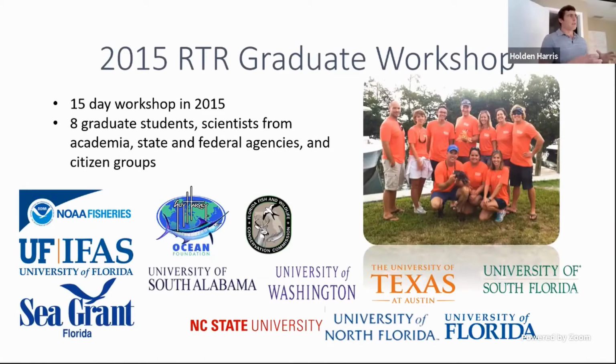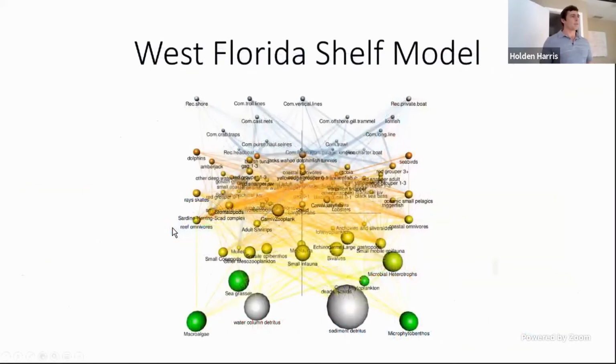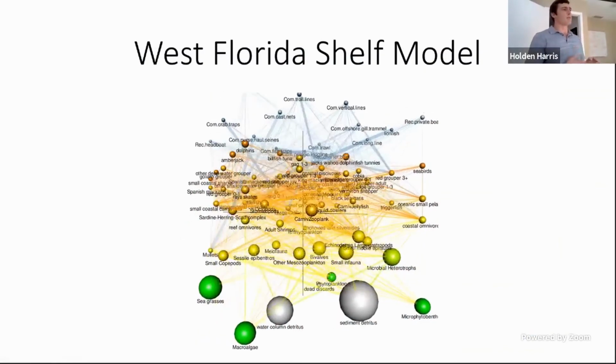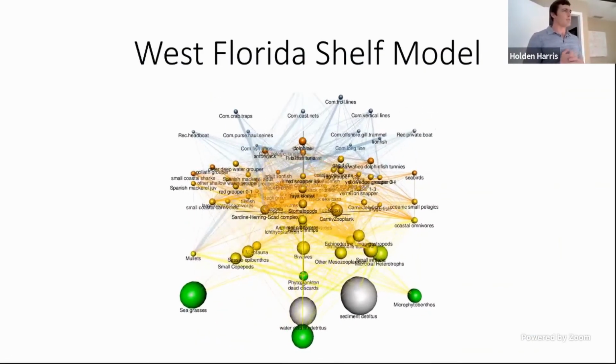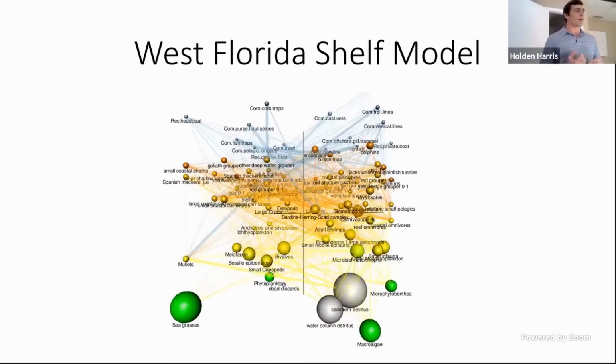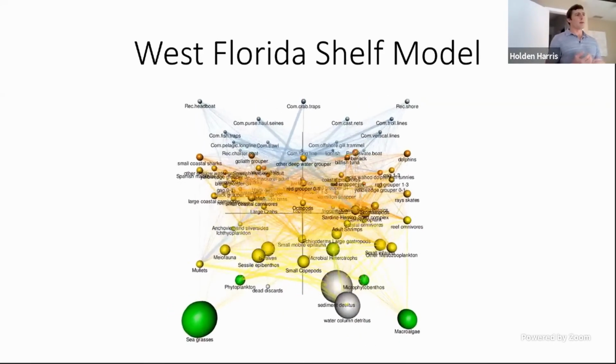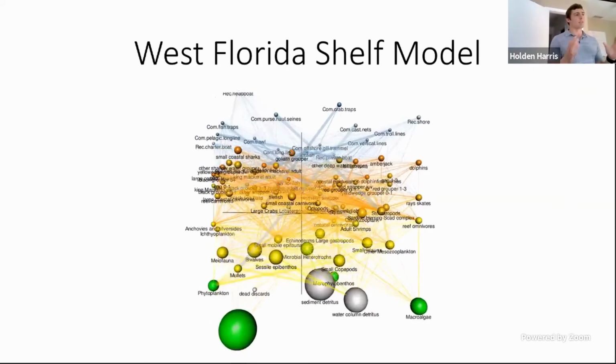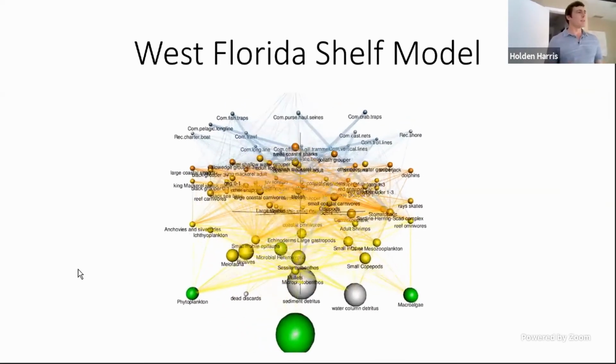From this, the work was mostly done in a 15-day workshop performed in 2015. This is what actually got me to UF and into grad school, where students were brought in, as well as university and agency partners, to help develop these questions. And so we took this model of the West Florida shelf. There are 50-some odd species. This is a cool graphic that Rob Aarons developed. It looks like the flow diagram that you see in Ecosim, but spun around in three dimensions.